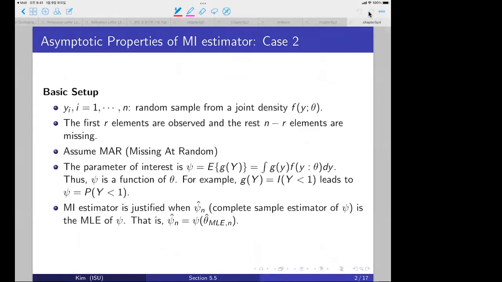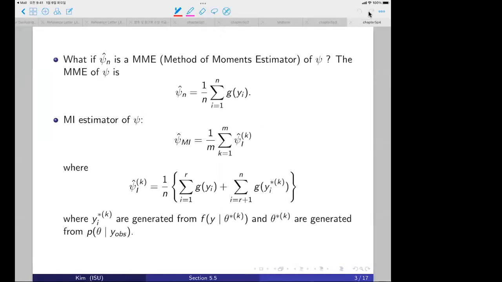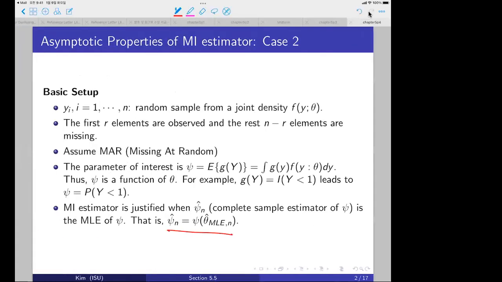So we have a model, and then the parameter of interest. If the parameter of interest is of this form, you can actually come up with two different estimators. One is the MLE, and the other one is the method of moments estimator, which is just a sample mean. Okay, so this one is the MLE, and for the MLE with subscript n, we know